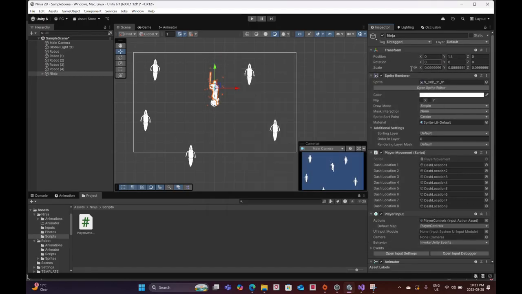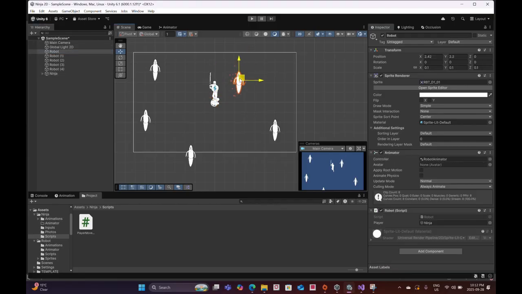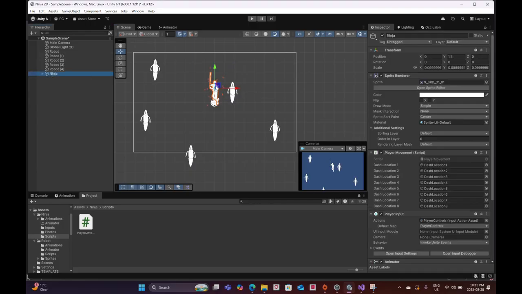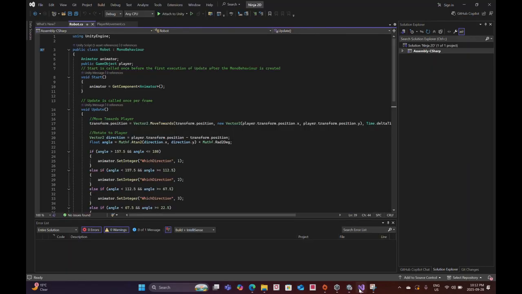And what I'm going to do instead is code it so that these robots' sorting layer or order layer changes with regards to where it is in relation to the player. So as you can see, both the player and the robots have the pivots at the center. So I'm going to open up the robot script,